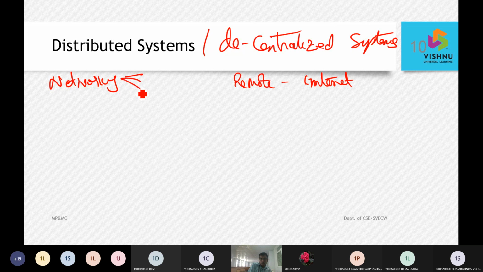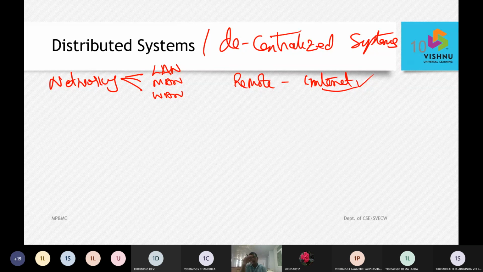So in networking, it applies with a local area network, a metropolitan area network, a wide area network. Using networking, it is going to build up the intranet or an internet. When we call it an internet, it can geographically connect multiple locations, and if it is an intranet, it is going to be within an organization.